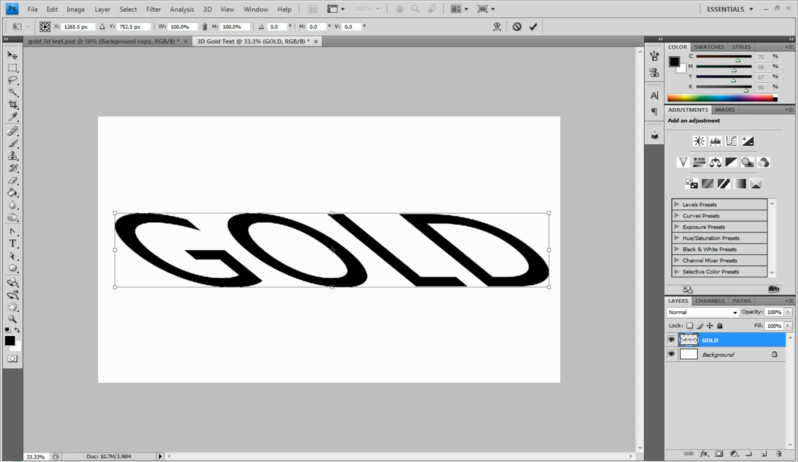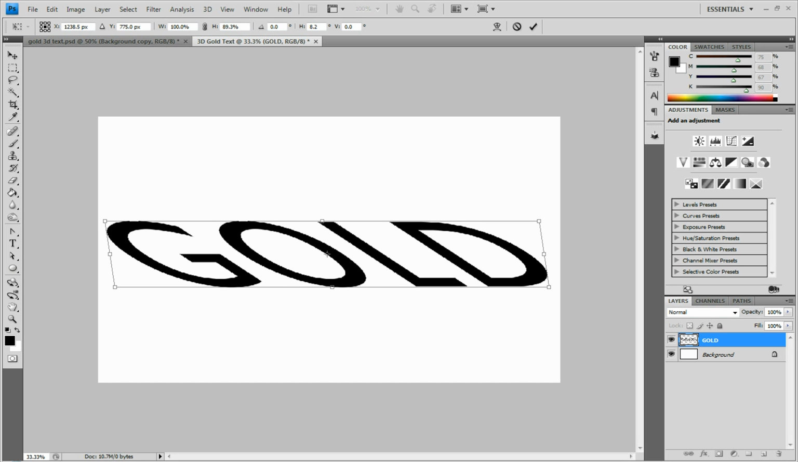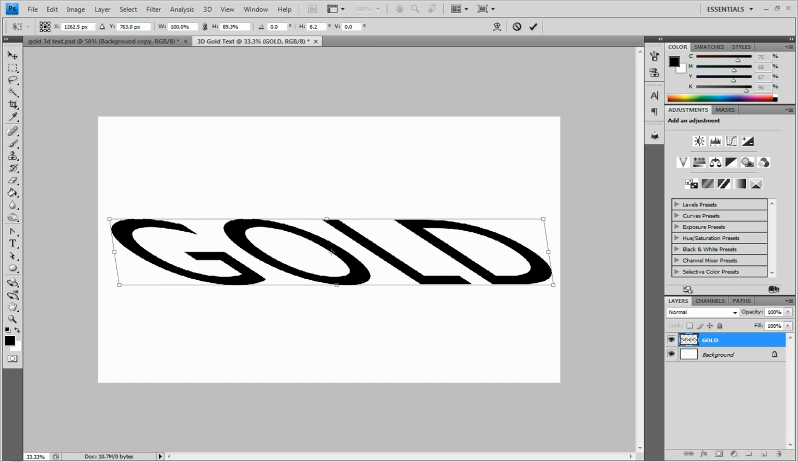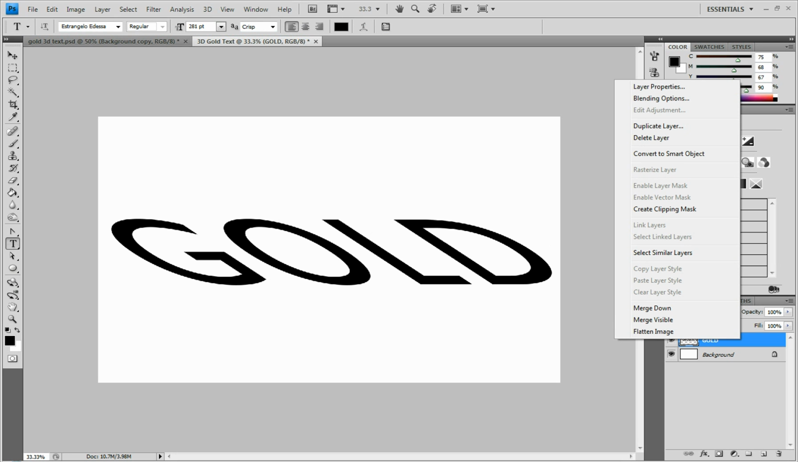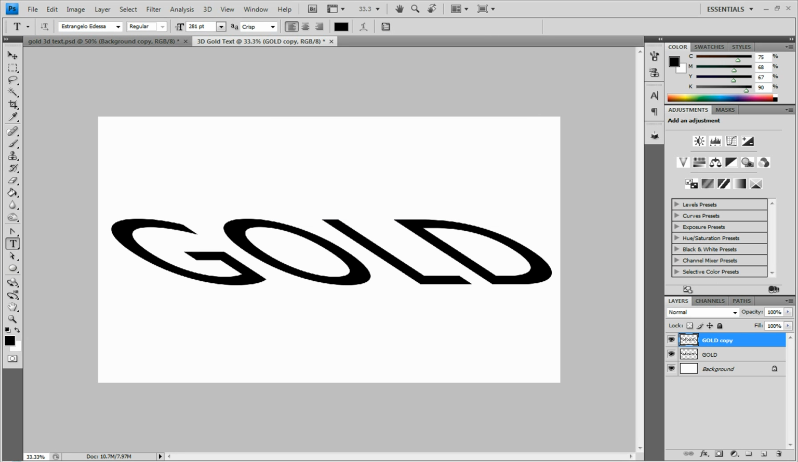I'm actually gonna angle this a tiny bit more. Alright, then press enter. And then you're gonna right click on your layer and click duplicate layer. And to make this easier, you can rename these layers. Put this first, and this one last,